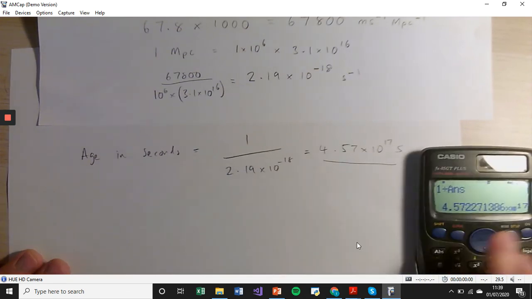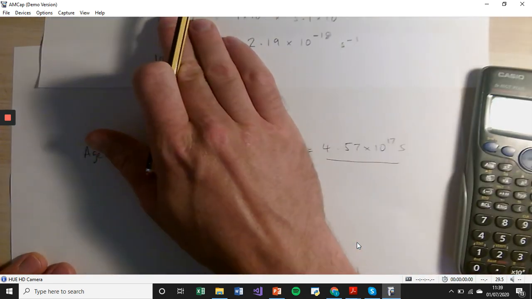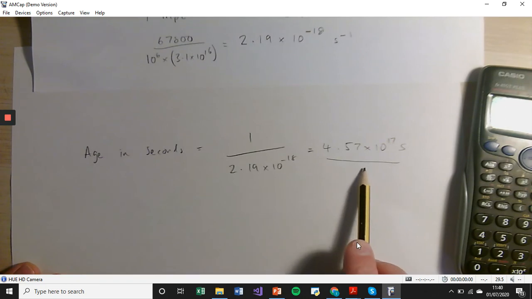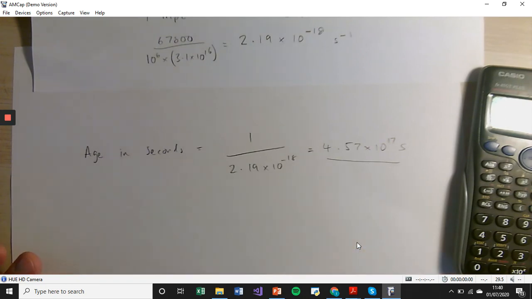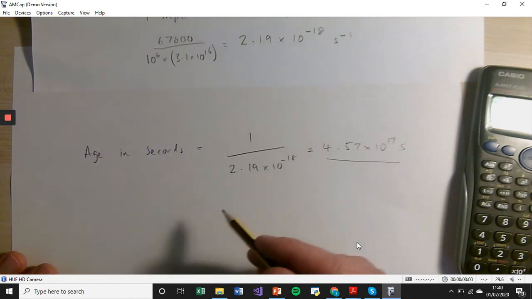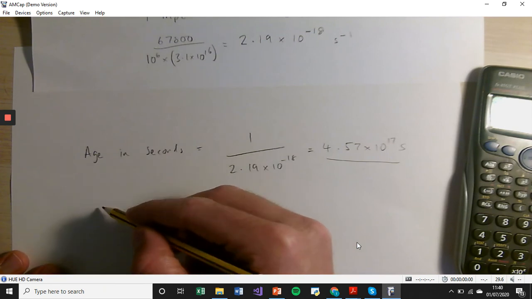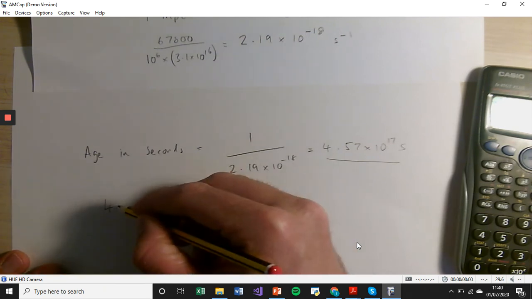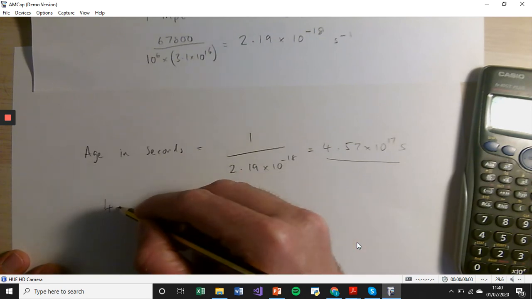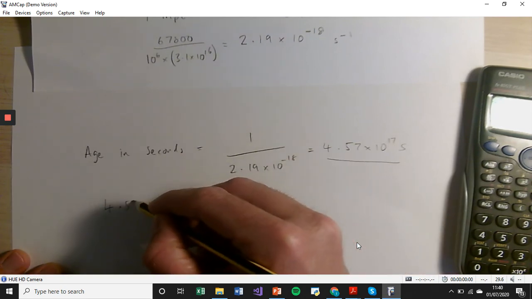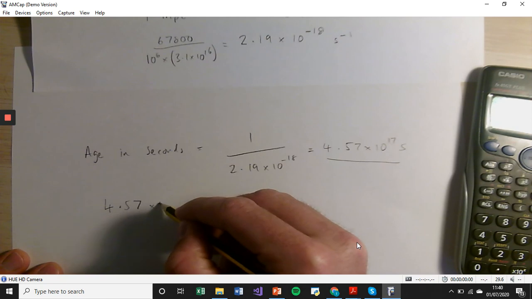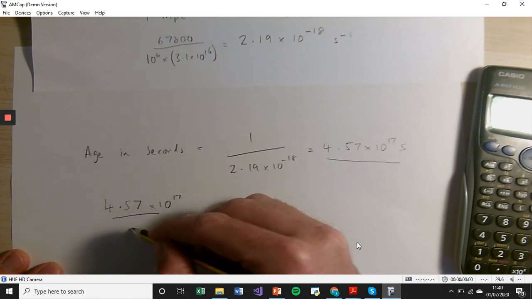And then we want to turn that into Earth years, because that doesn't mean a great deal, does it? Seconds are hard. Once you get beyond a few minutes worth of seconds, a few hundred seconds, then it's very hard to judge how long that really is. So to get this into years, you are given the conversion for seconds to years in the formula booklet. But if we go through this in this way for now, 4.57 times 10 to the 17 divided by 60,